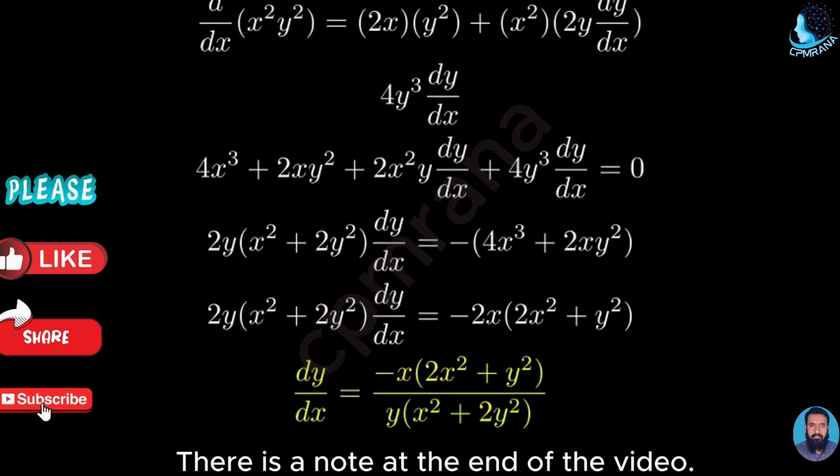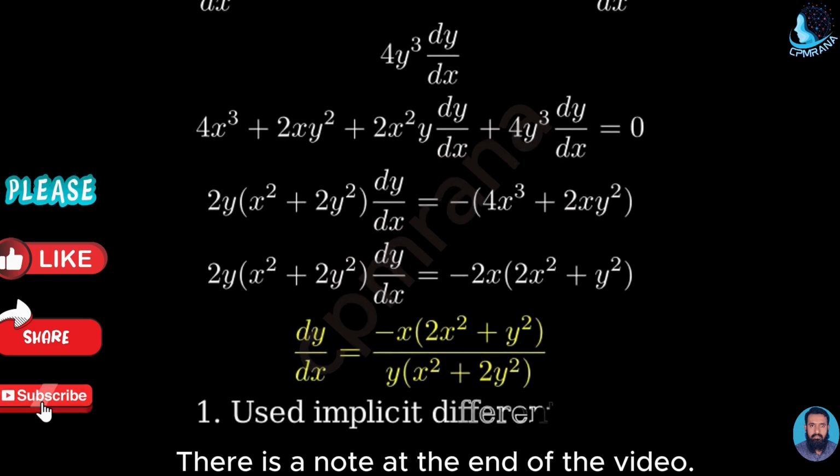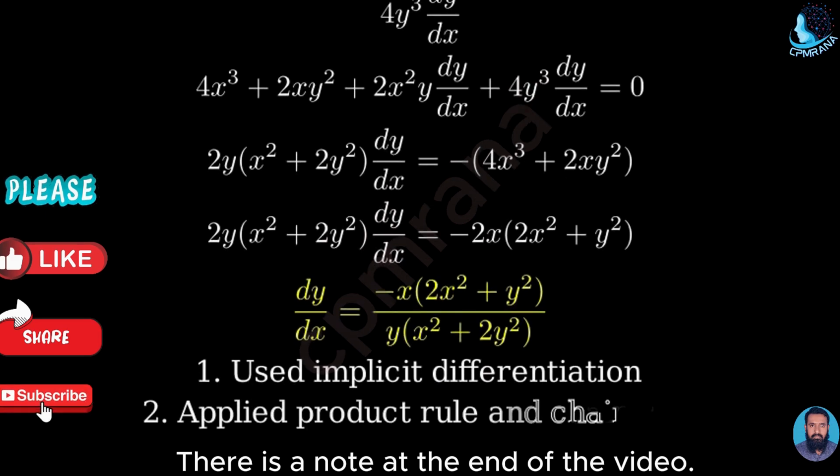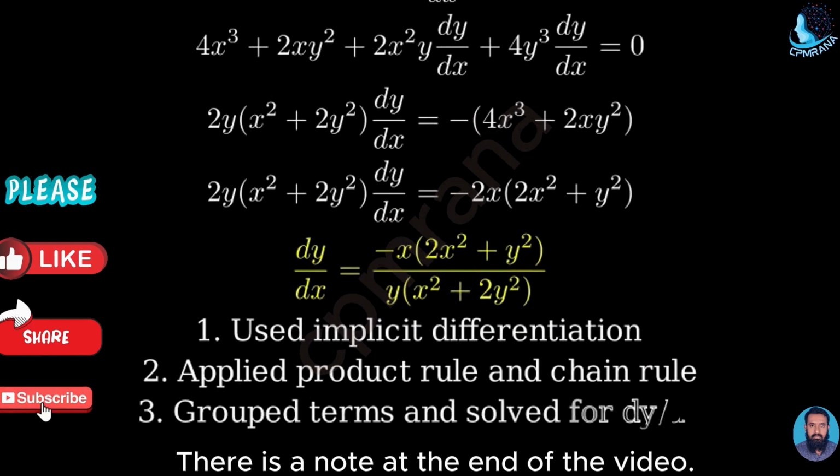dy/dx equals negative x times 2x squared plus y squared, all over y times x squared plus 2y squared. Let's review what we did. First, we used implicit differentiation to differentiate both sides of the equation. Then we used the product rule and chain rule where necessary. Finally, we grouped terms and solved for